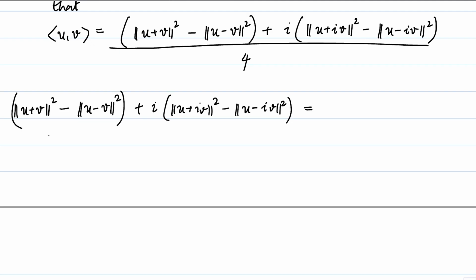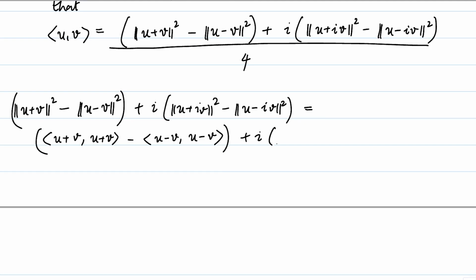So let's see, what is the length of u plus v the whole square? That is the inner product of u plus v with itself. And how about the next term? This is u minus v with itself